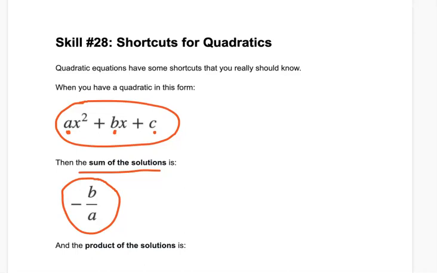So it's a really nifty trick, and there have been questions on the ACT where they give you some really complicated quadratic that cannot be factored easily, and you could do the quadratic formula and do that whole thing, but they ask for the sum, and if you know the shortcut, you just go right here and you're done in like 2 seconds, and it's awesome. So that is the first